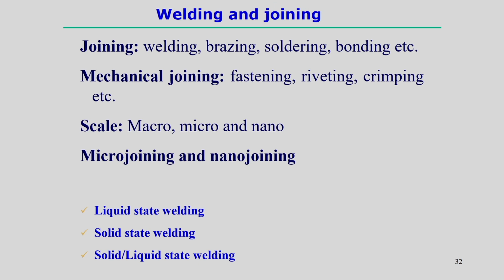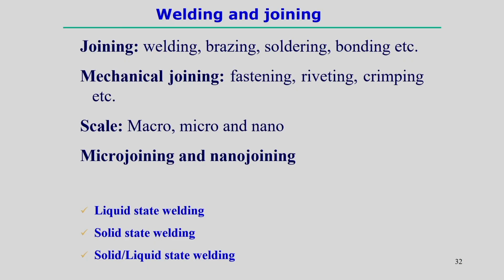Now, we start with welding and joining. If we look at it overall, we can always say that it is a kind of welding and joining process, not only welding or only joining, because in some parts you can categorize joining processes like that: it includes all these processes, welding, brazing, soldering, even bonding, and sometimes it includes mechanical joining processes as well. That is why in general we say different welding and joining processes, but our focus is not on mechanical joining or other joining processes. Rather, only fusion welding processes are the focus of this course.